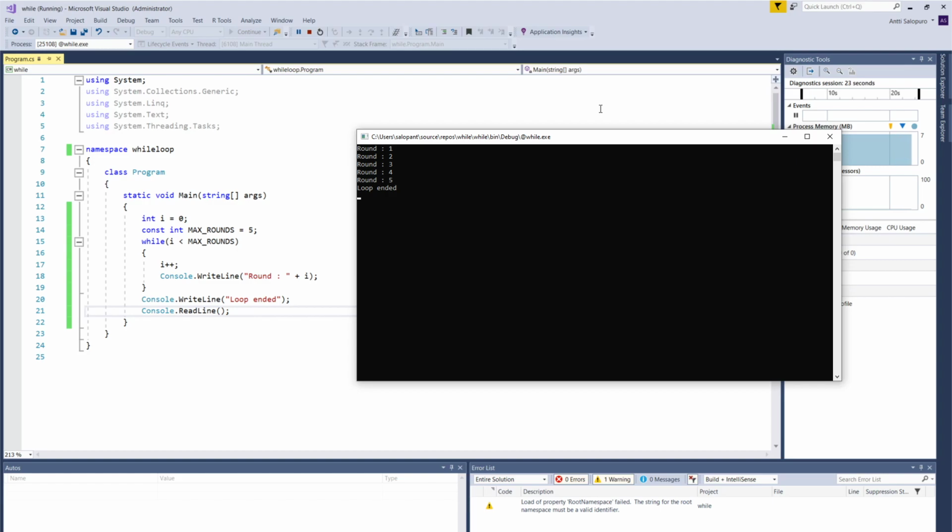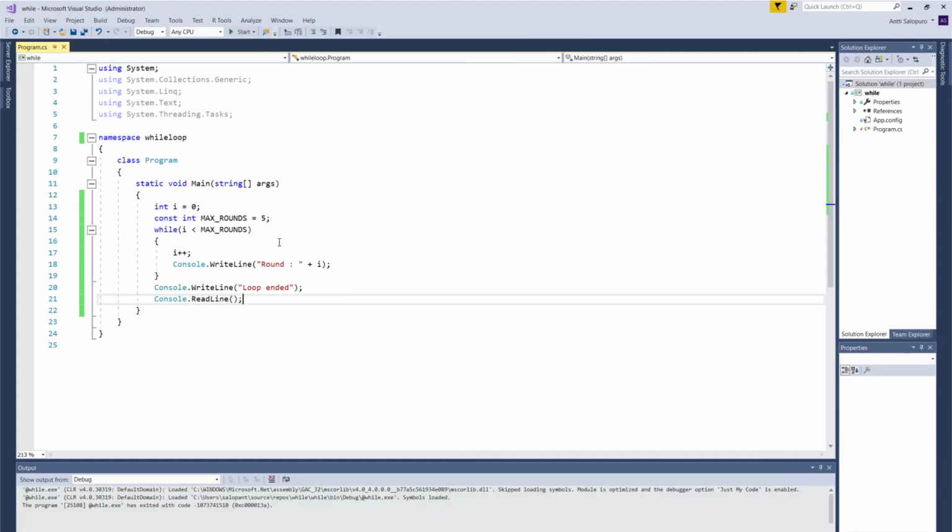So it means on every different round I get the value of i output, and of course while it is increasing on every round, that's why it is also growing here. But let's see what happens if I put here a breakpoint, so we can follow more closely what happens inside the while loop. So I will now rerun the same code with this breakpoint,